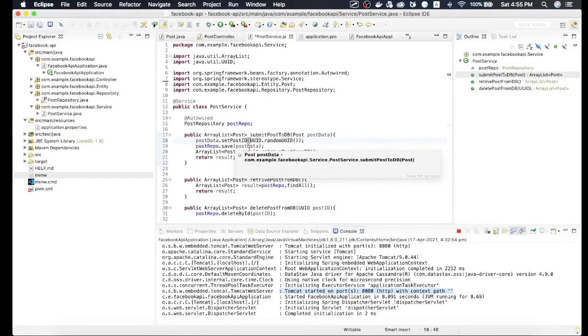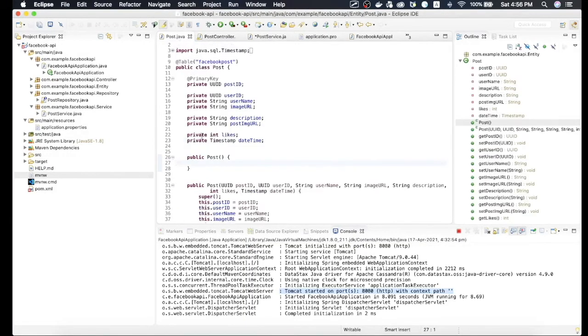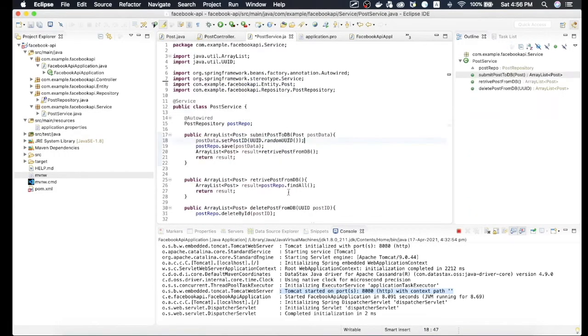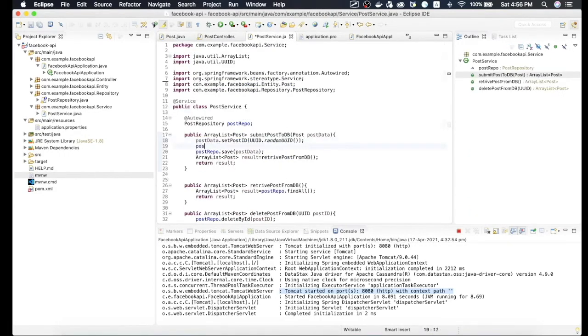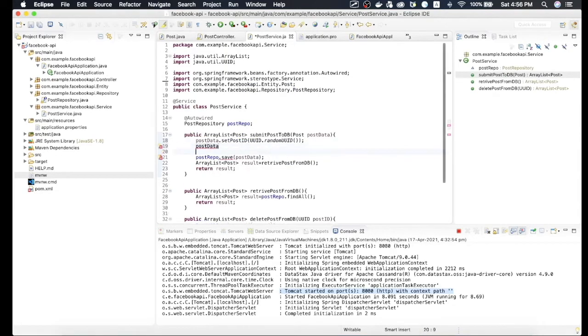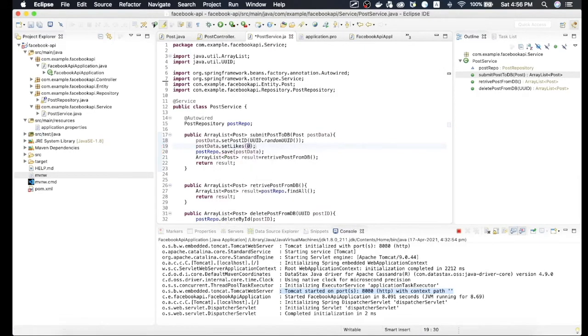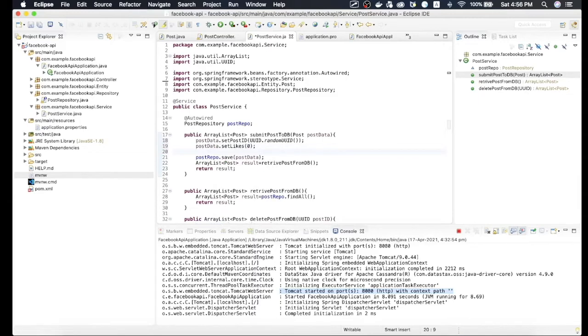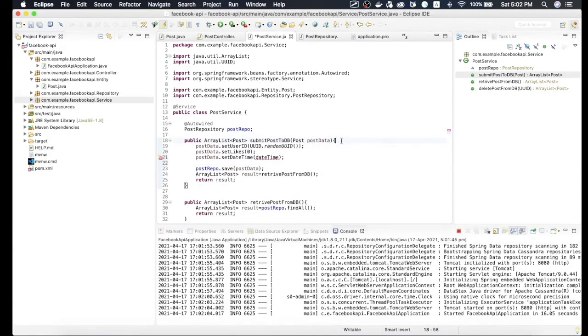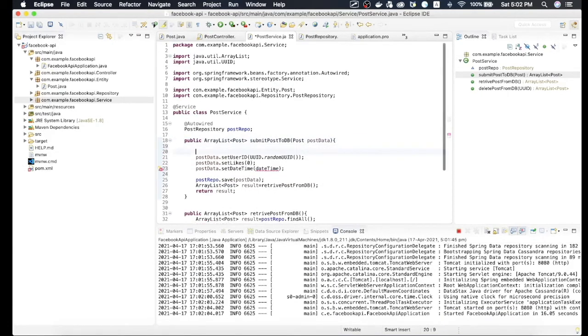There are plenty more ways by which you can create a unique identifier for your application. You can also use some other external libraries which create the UID based on the timestamp. Now let's initialize the next attribute that we need to define over here, and that is the total number of likes. Since at the very initial stage when our post is getting submitted, obviously the number of likes should be 0. So we will define set likes as 0. And then we need to set the timestamp for this post, and we will be passing the date time over here. And to get the proper system date and timestamp, what we will be doing,